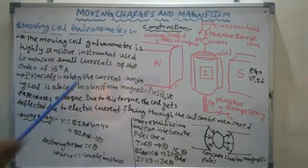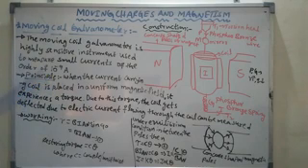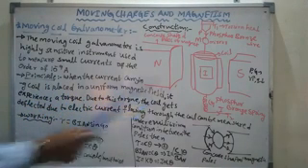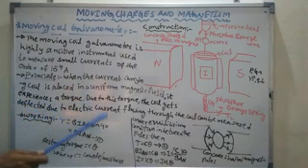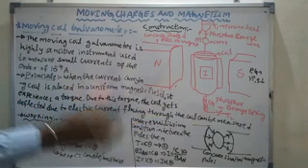What is the principle of the moving coil galvanometer? A current carrying coil placed in a uniform magnetic field experiences a torque. Due to the torque, it is twisted and gets deflected. Due to the deflection, we can easily measure how much current is flowing through the coil. Once again, the working principle: when a current carrying coil is placed in a uniform magnetic field, it experiences a torque, and due to this torque the coil gets deflected, so the electric current flowing through the coil can be measured.